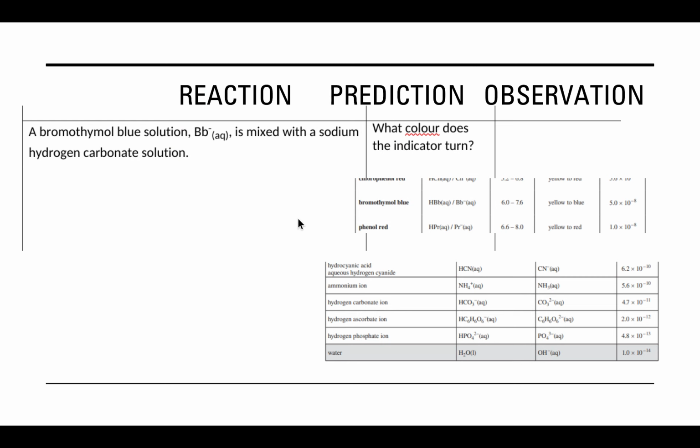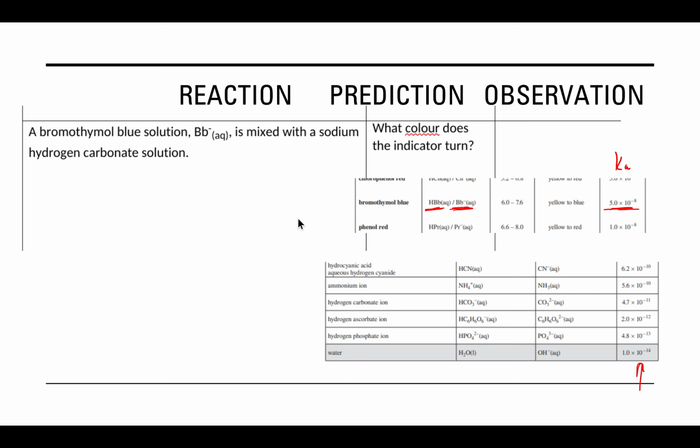Now, the last reaction we took a look at was one that involved an indicator. And indicators, you can figure out where they belong on your acids page. And then we can apply that same information. So when you do take a look at your indicators, you see that you have essentially like a buffered solution. You have your acid belonging with your base with the color, and you have a Ka value. So this column is showing your Kas. So when we want to predict, we can tell where this goes based on your Ka values on page 8